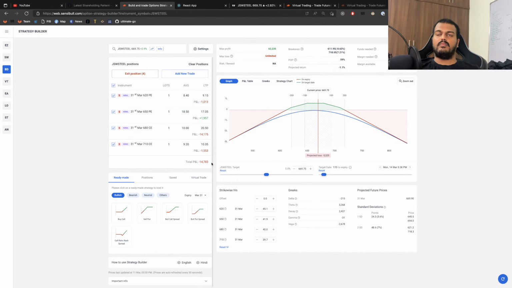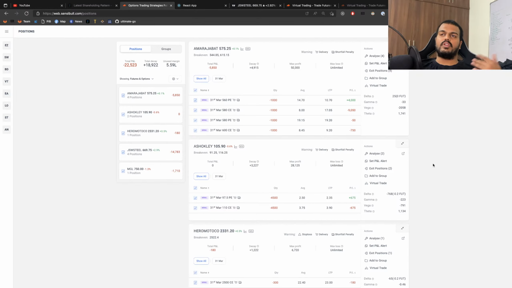I'd get more loss, but ultimately that is the risk we are taking on top of that, right? So we'll be taking a 7,000 loss for this one, but ultimately let's see what's going to happen, and if there are any active adjustments. But I'm not thinking to adjust this actively because the data is clear, and exiting would be the good strategy. And now coming to Ashok Leyland.